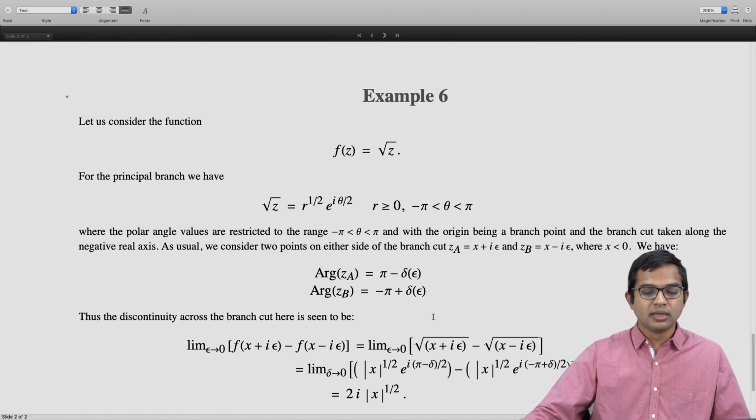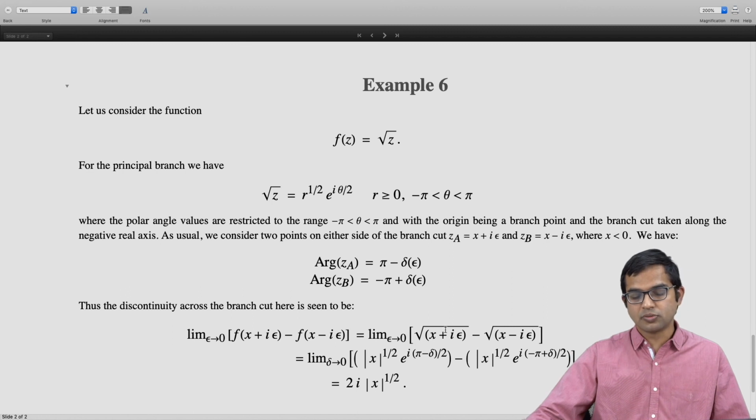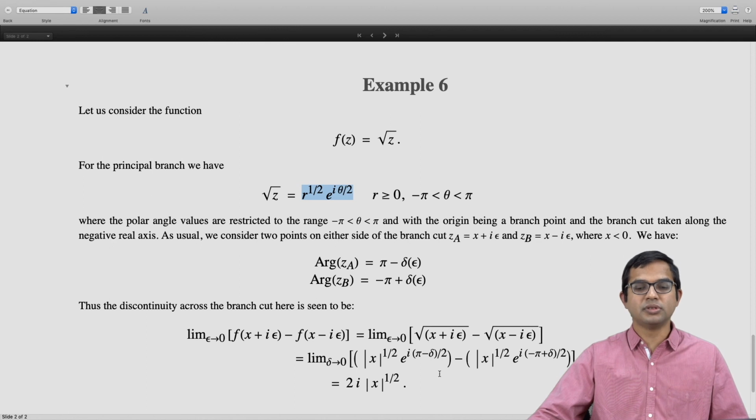So if we compute the difference in the value of this function at these 2 points, we see that one of them is square root of x plus i epsilon, and the other one is square root of x minus i epsilon. And so the way to compute it is according to this formula, simply using the value of the angle at these 2 points. So mod of x to the half times e to the i pi minus delta by 2, then we have a minus mod of x to the half times e to the i minus pi plus delta, the whole thing by 2. If we combine this carefully, we will see that the answer is just